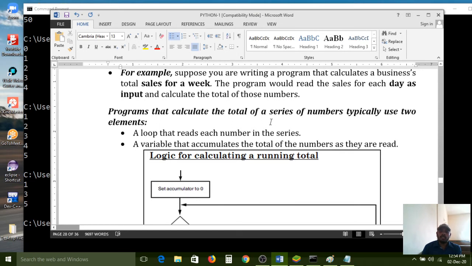So here the concept is calculating a running total for the selling of products. Completely this program belongs to selling products, but our concept is how to write the calculation code for it. So we need to concentrate on that concept only.